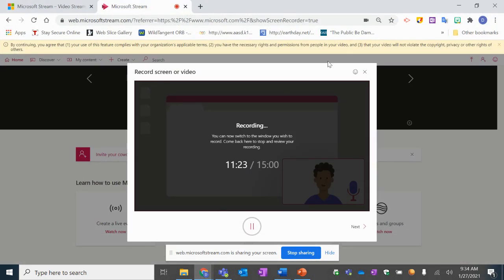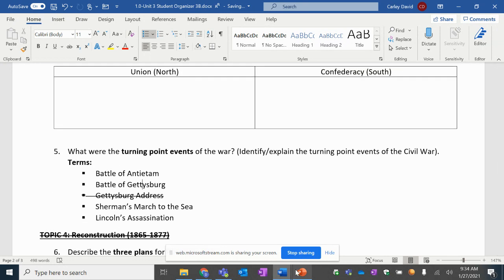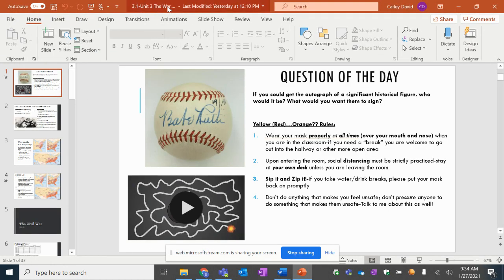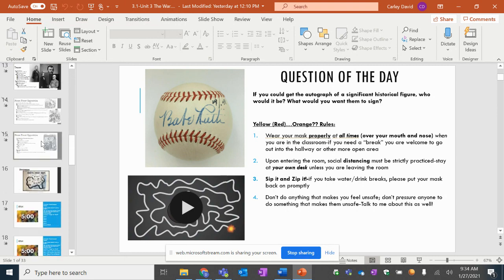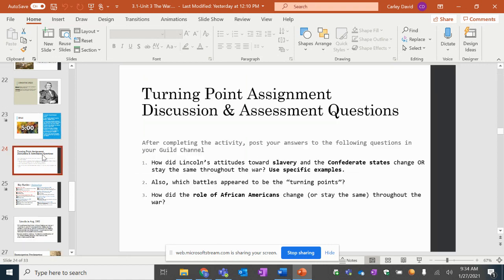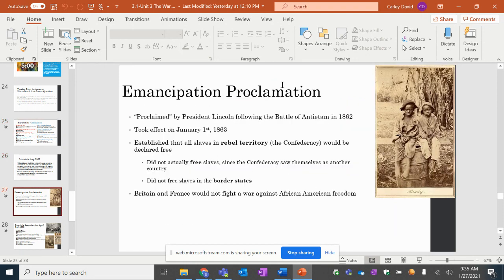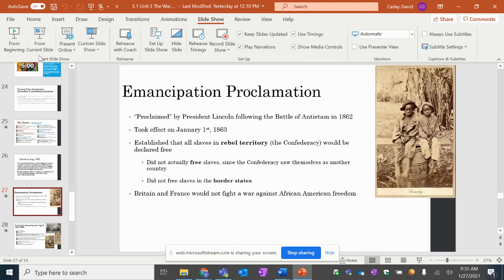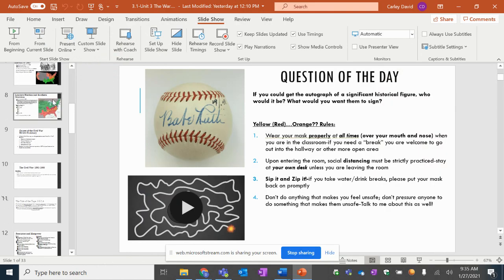Last thing I'll leave you with, because I'm running out of time, is you don't need to know topic 4, Reconstruction. However, on my slides, this is the 3.1 that I'll post in Teams. This goes over the main battles and things like that. There's a couple things that can help you later on. So I do have a key battles animation that you can click on and watch. It also goes over some of the big overview things that happen if you miss something on the turning points assignment. Key thing about the Emancipation Proclamation, if you didn't hear this in class, or it might prompt you to see it again, is that